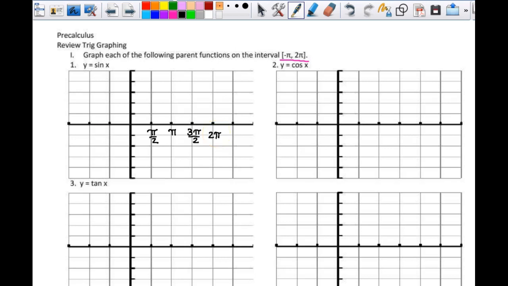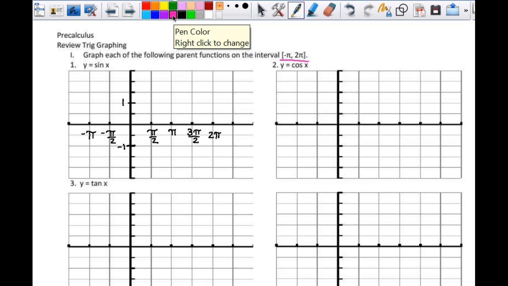So there's my 2 pi. So this is negative pi halves and then negative pi. So I don't have to fill in the whole grid, but I do need to go from negative pi to 2 pi. So as I go in here and I graph my parent function, I also need a scale on my y-axis. Now I could use this first one as 1, but I'm going to use this one as 1, and this is negative 1, just so it's not quite as squished. All right, so